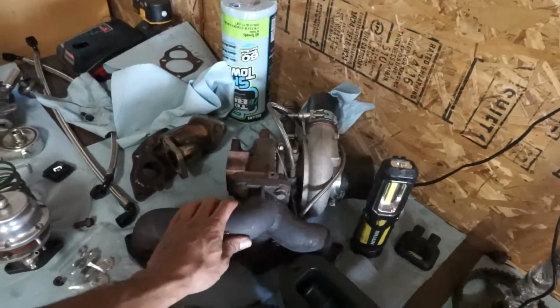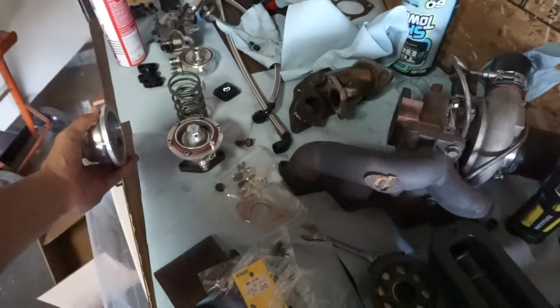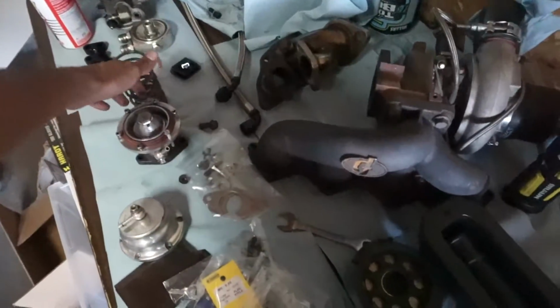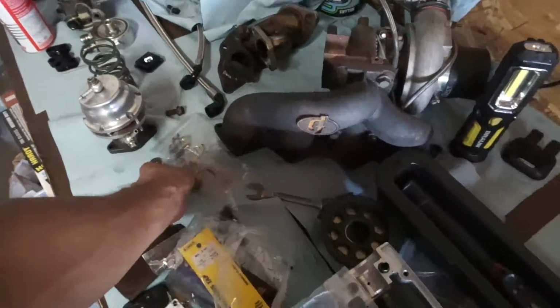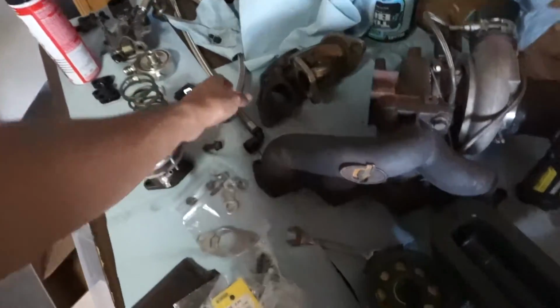Here's my FP green turbo. Was double checking stuff on the wastegate, making sure my springs weren't messed up because I was hearing some chattering, but it's all good. New gaskets, new oil